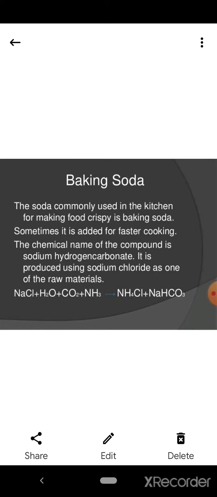Now NaHCO3 is used for making baking powder, with mild edible acids such as tartaric acid, or it is used as an ingredient in antacids, as it neutralizes excess acid in the stomach and provides a little bit of relief. You can consider the example of ENO. Now it is also used in soda acid fire extinguishers.